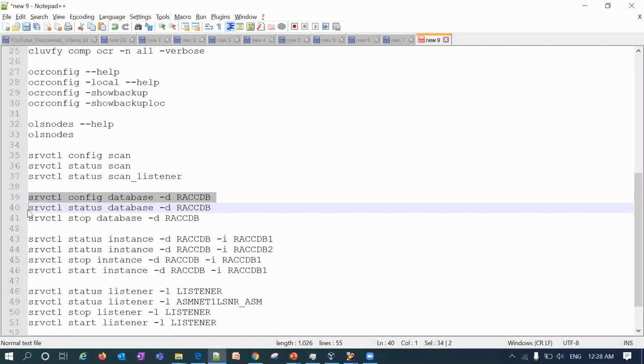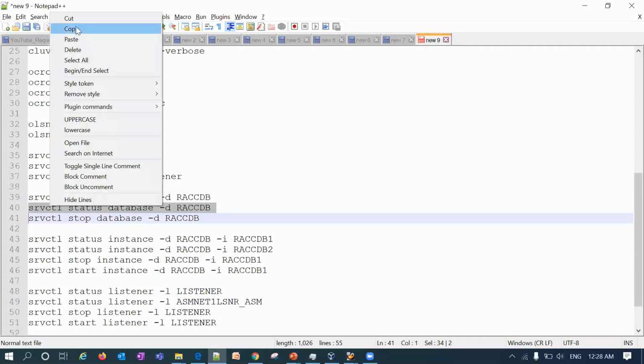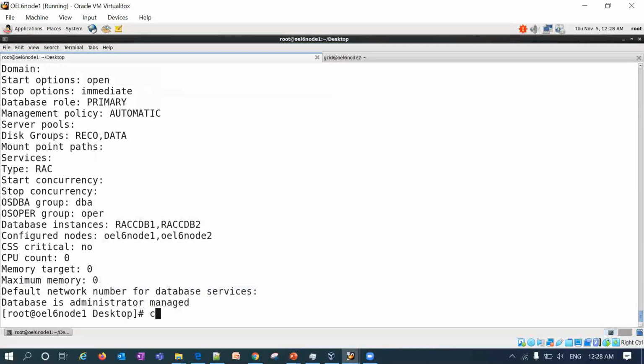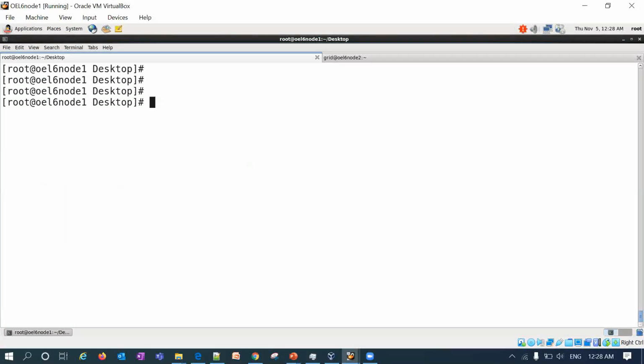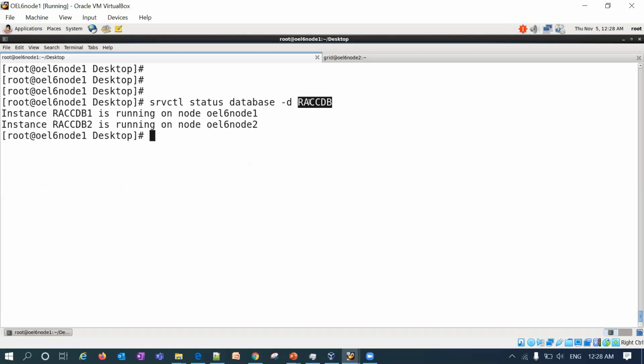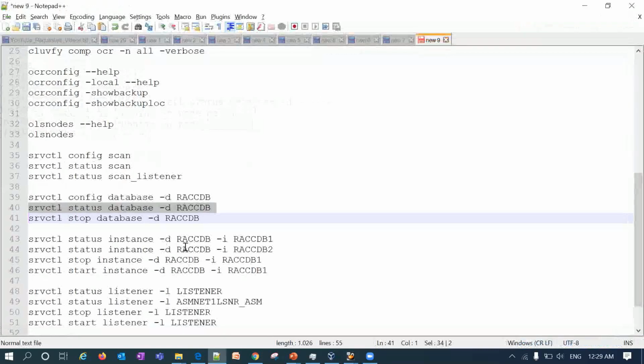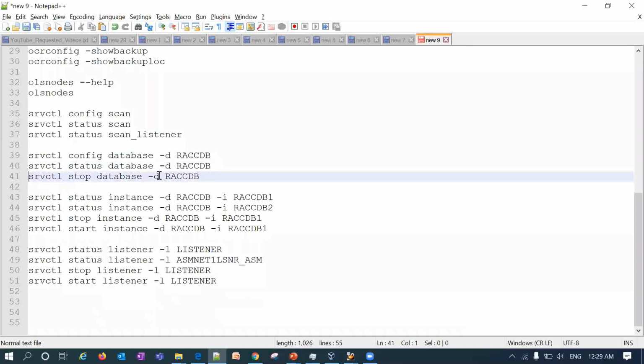You can also do status, and it will tell which nodes are up and running. If I clear and do it now, SRVCTL status database hyphen D and your database name, you can see racdb1 running on node 1, racdb2 running on node 2. And if you do stop database, it will stop both instances on both nodes.